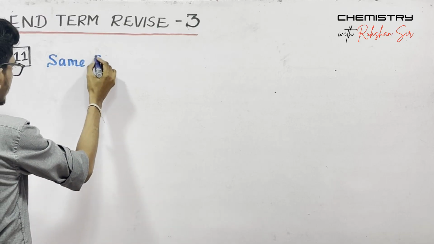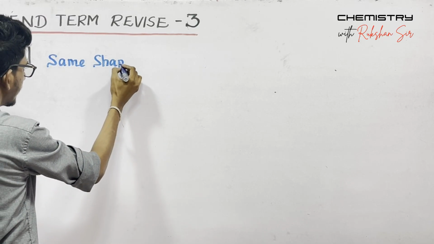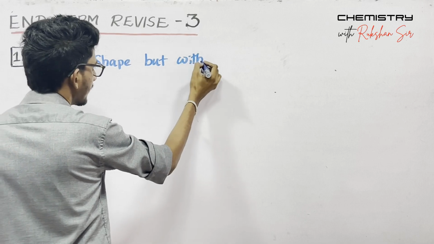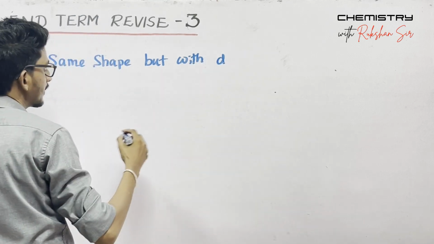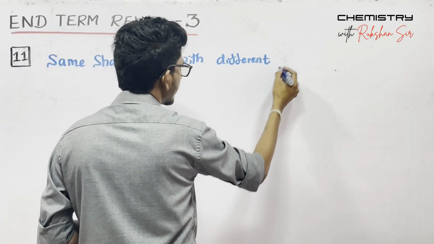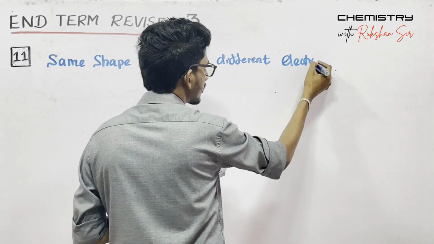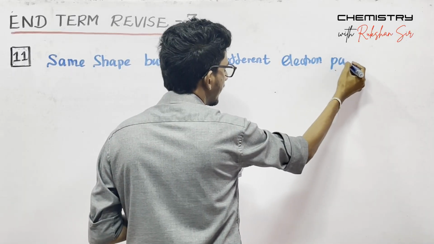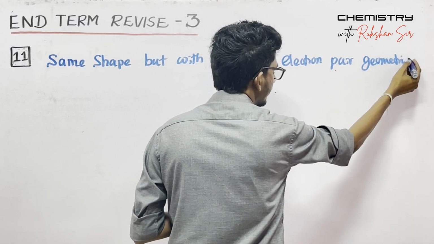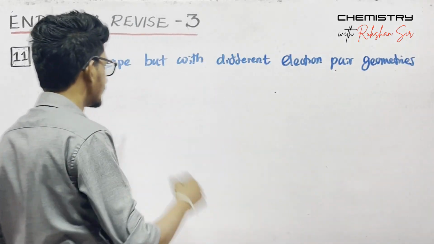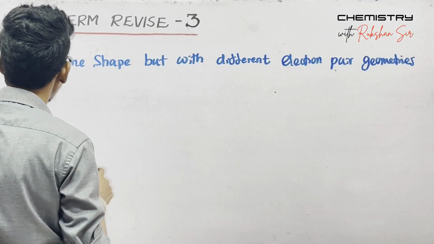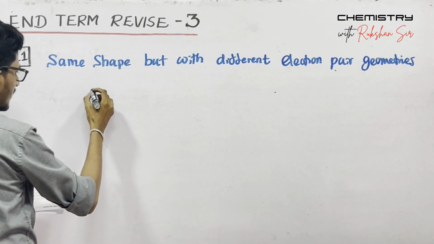Same shape but with different electron pair geometries. So you can think of, right,